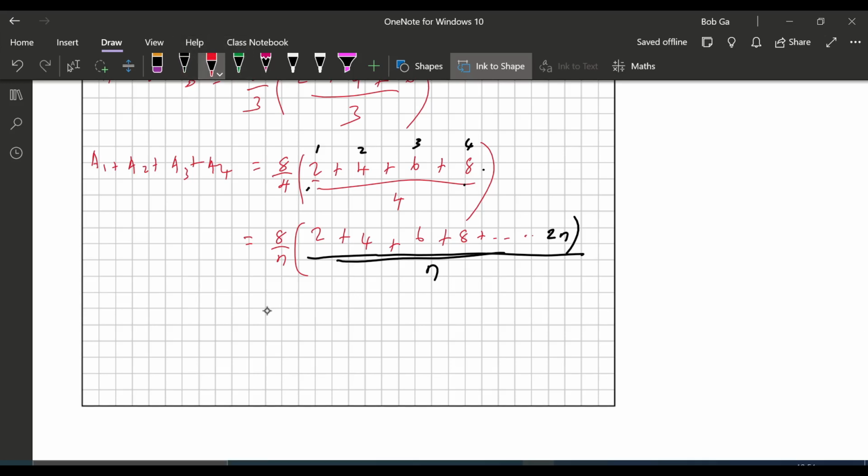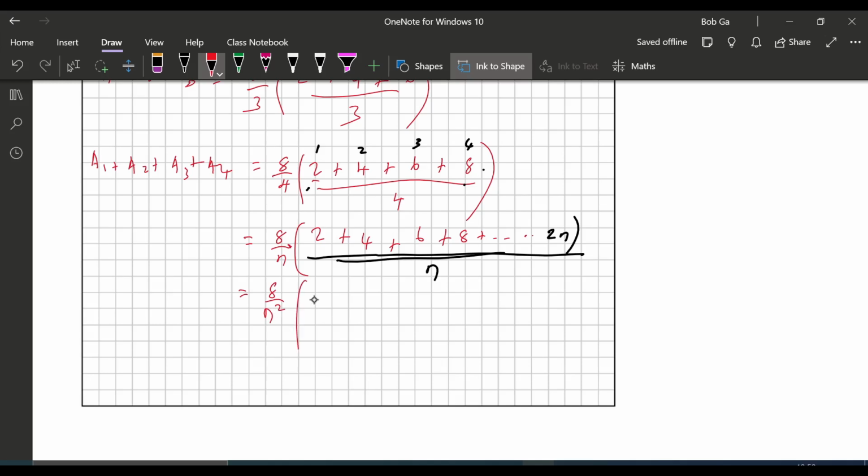And then we can also say that this is the same as 8 over n times n, because the operator here is multiplication. So the denominators multiply each other, and we're going to have 8 over n squared